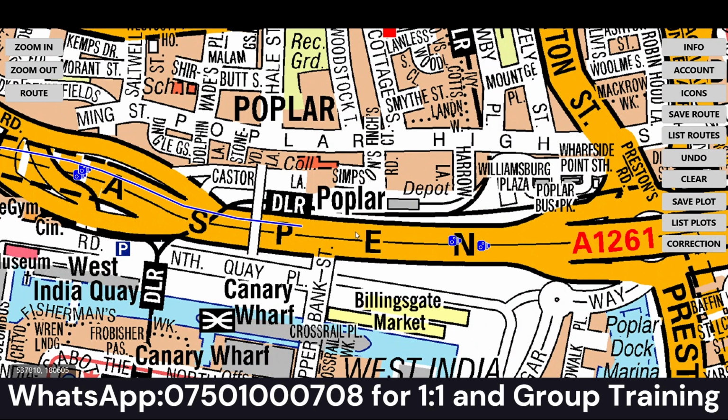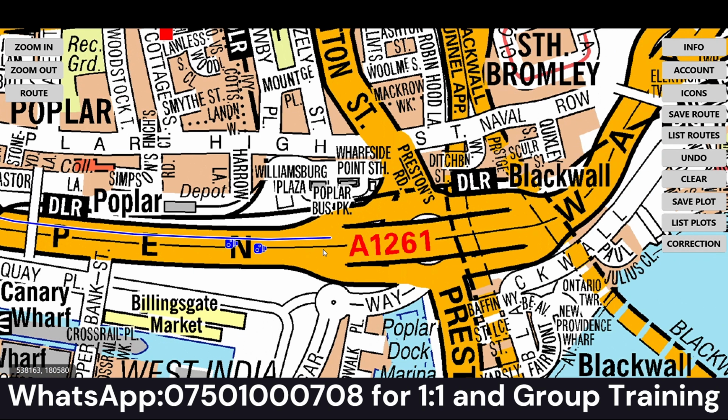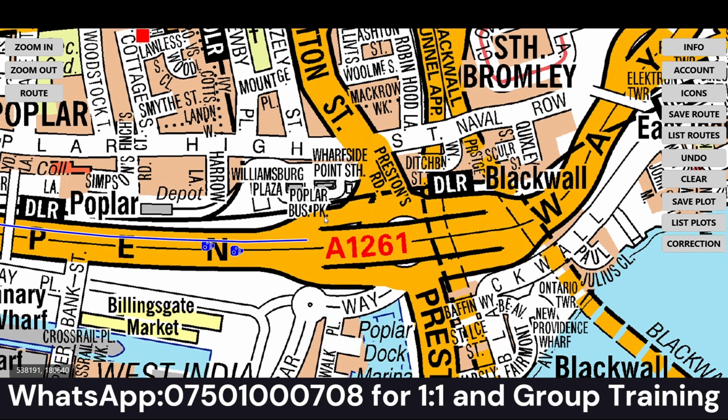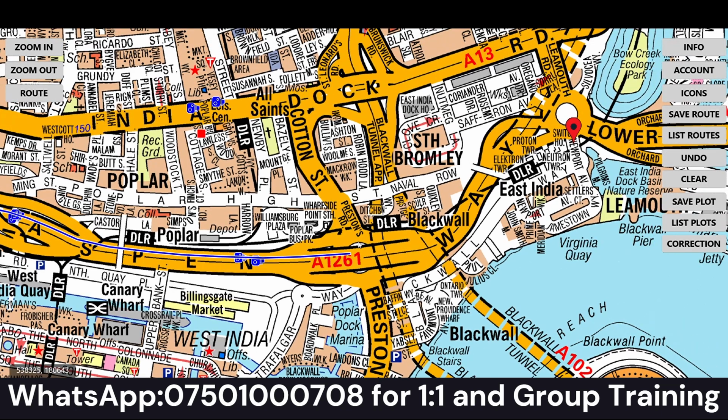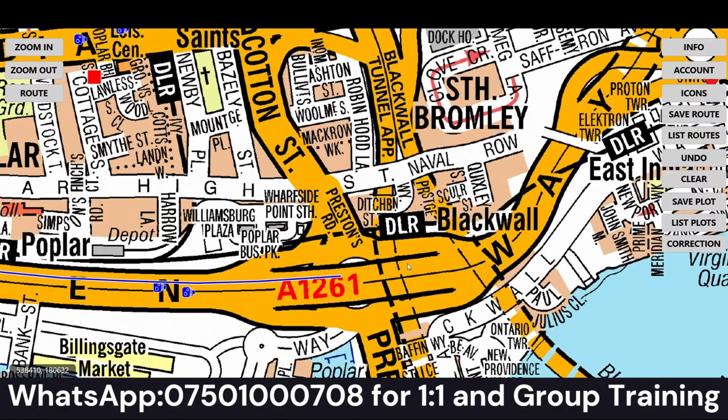Just remember, don't touch the side lines and try to make these lines as straight as possible. So from here again, we just need to stay on the same road. We don't need to take the exit because the point that we have is the straight point. You can see where the point is, so we don't need to take the exit from here. So it'll just follow the same path here. So keep going straight